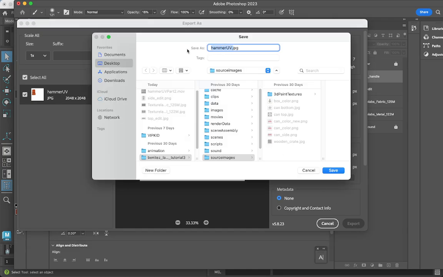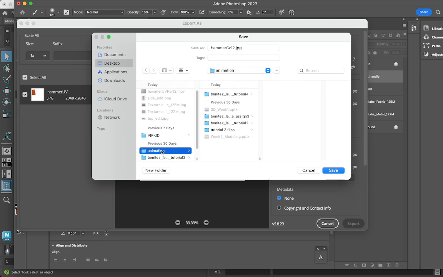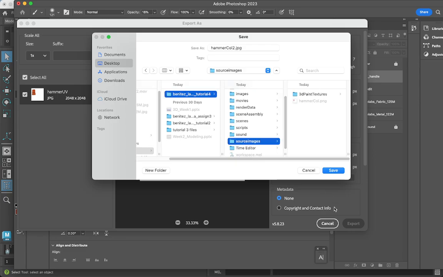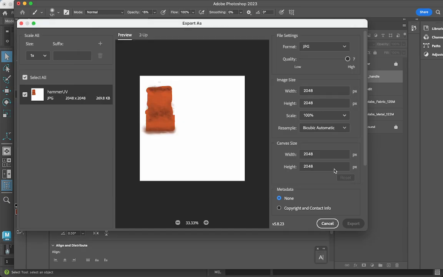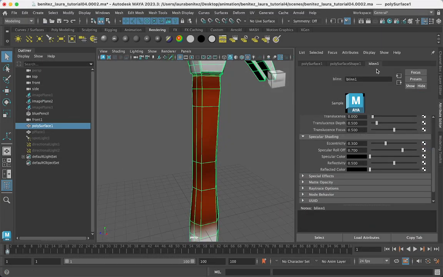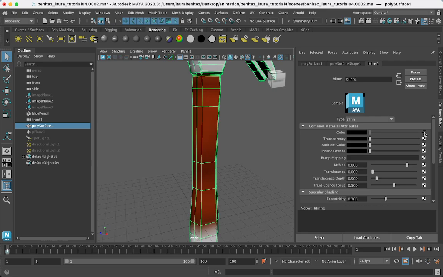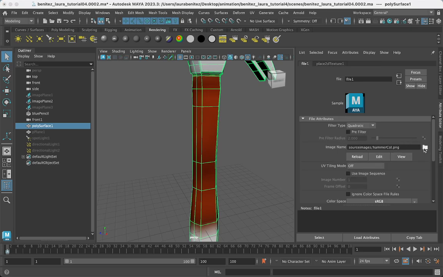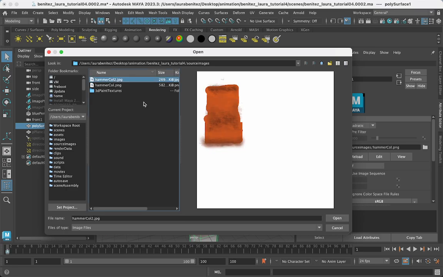Make this hammer color 2 and test. And save this in the correct source images tab. Here, save, export. I can go back and click on this. So to get back into the file, I'll click on this little icon here with the play sign and into the box. So I'm going into this component, and I'll click on the folder icon again,